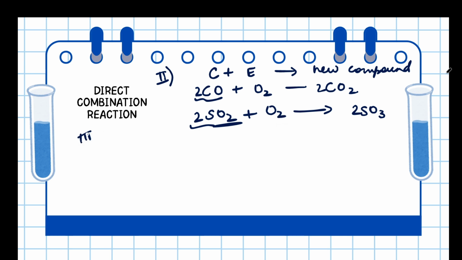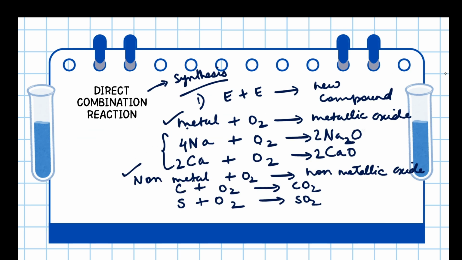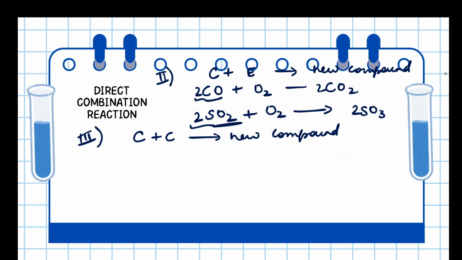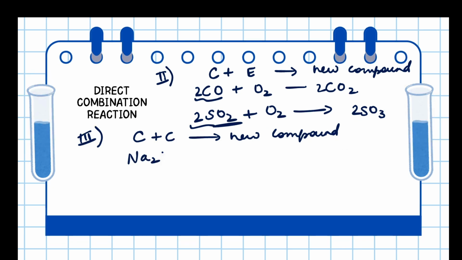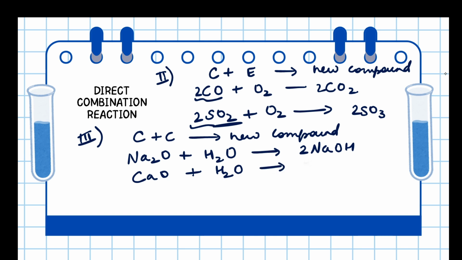The third type of direct combination reaction is a compound combining with another compound to form a new compound. In this we are taking the example of the metallic oxides. Previously we had seen that metallic oxides were formed, sodium oxide and calcium oxide. Now this sodium oxide, when it reacts with another compound, here water, dissolves in water to form the corresponding alkali, that is sodium hydroxide, and calcium oxide will dissolve in water to form the corresponding alkali,